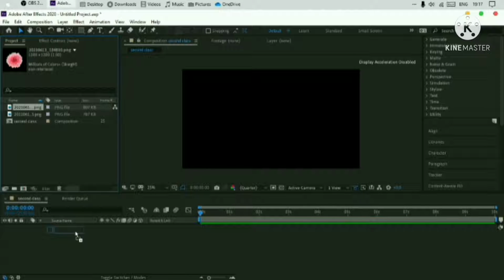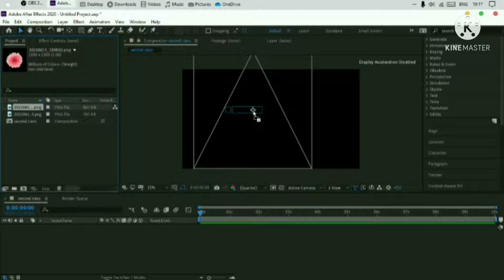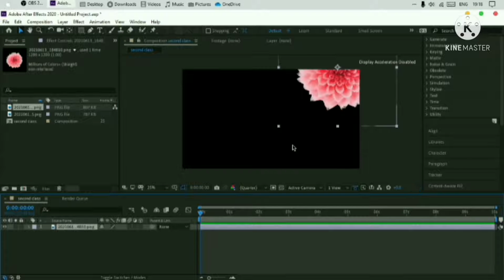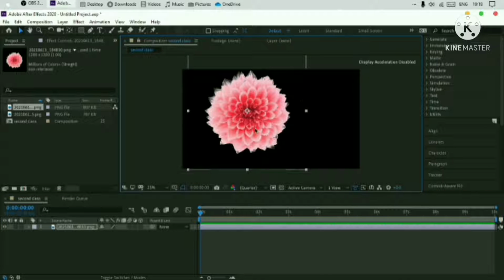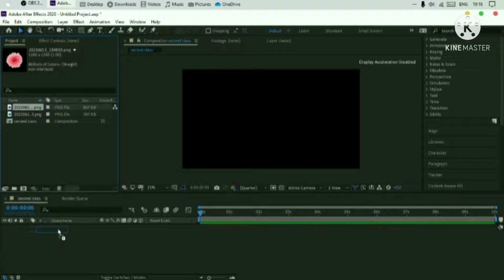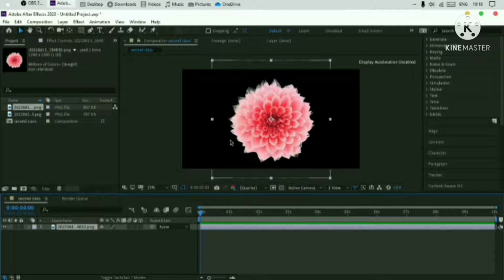If you want your picture to be in the middle of that display, at the center actually, then I will suggest you drop your image or your file in the timeline. Or else if you want to keep it anywhere else, then you can drop it on this display window. For example, I want it here, so I will just drop it in the window. So it will just be here. It will not be in the center, or else you can make it at the center as well. But if you want it at the center, then you can just drag it in the timeline here, and see, it's just at the middle or at the center of your screen.